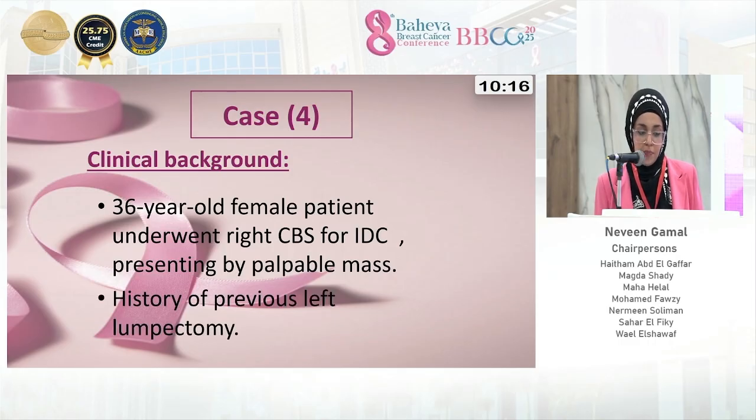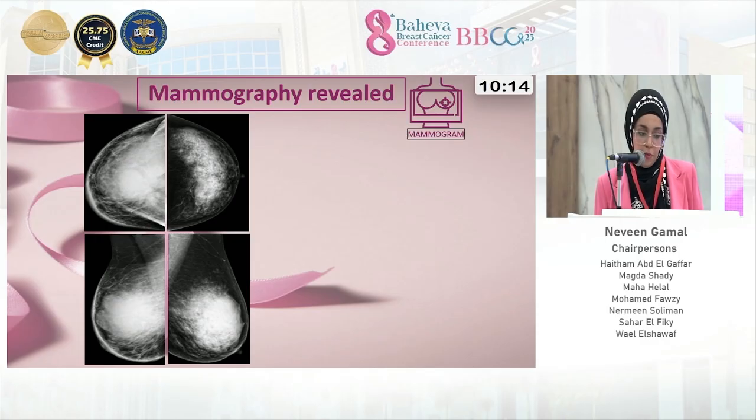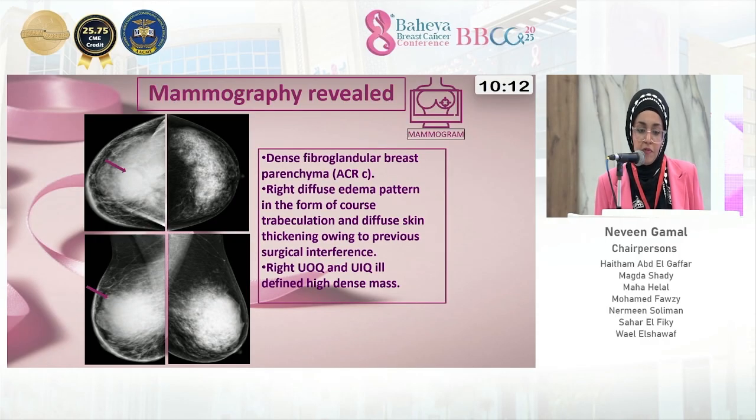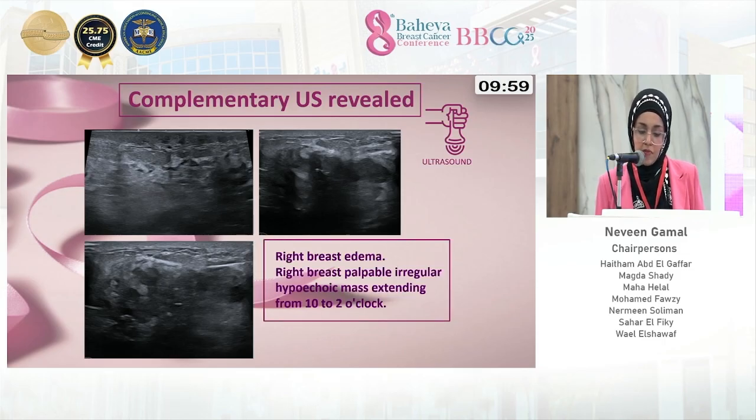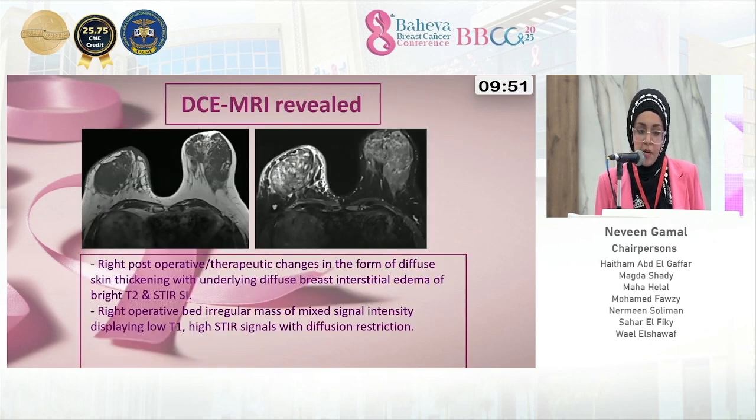palpable mass with history of previous left lumpectomy. Her mammography revealed right diffuse edema pattern in the form of coarse trabeculation and diffuse skin thickening, and a right upper quadrant ill-defined dense mass. Her complementary ultrasound revealed the right breast edema as well as the right breast palpable irregular hypoechoic mass lesion extending from 10 to 2 o'clock. MRI was done and revealed right post-operative changes